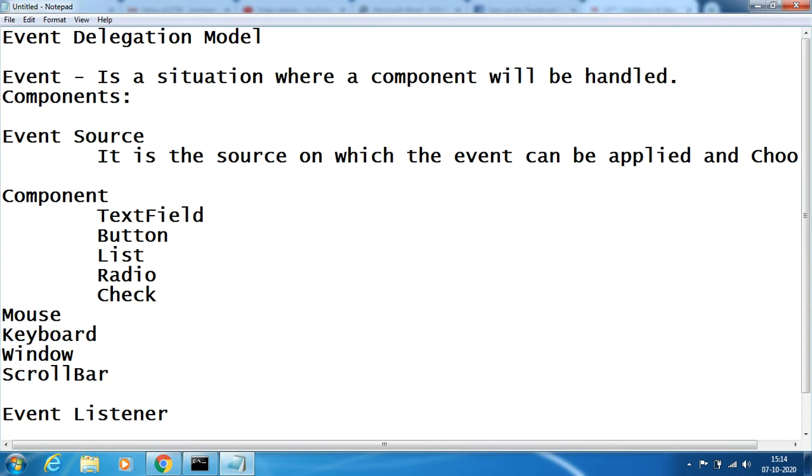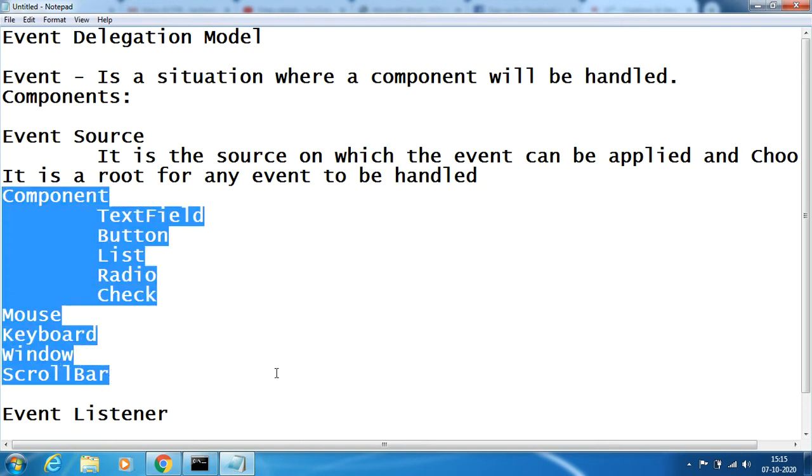I can say it is a route for any event to be handled, because without choosing any kind of source, I cannot perform any kind of event. The source is a very important thing. These are different kinds of sources on which you can apply events.